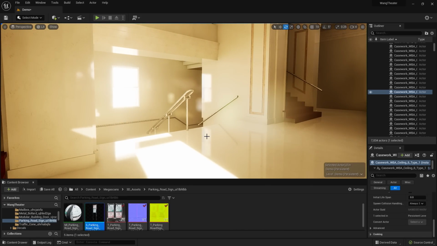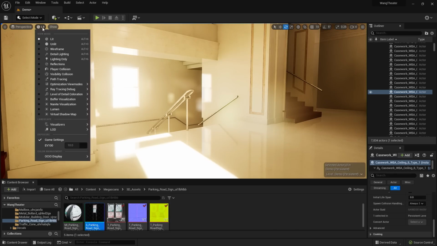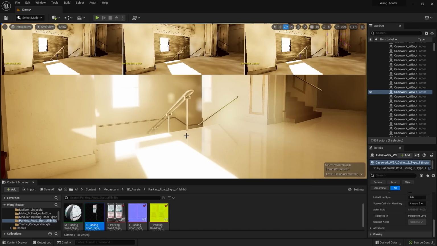So to better understand how we can change some of the Lumen settings to better the lighting in our project, I'm going to go up to Lit mode here, go down to Lumen, and select Overview. Now, it's going to have 3 different windows of information. So here in this last one, you are seeing the Lumen Scene Surface Cache, which is an automatic parametrization of the scene's nearby surfaces. It's used to look up lighting at ray hit points in the scene.